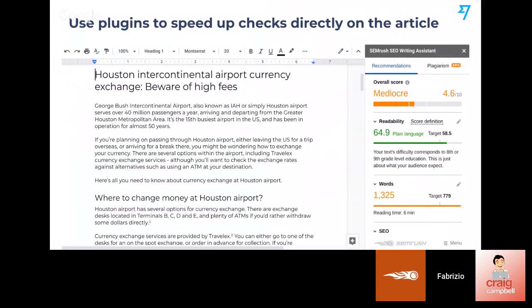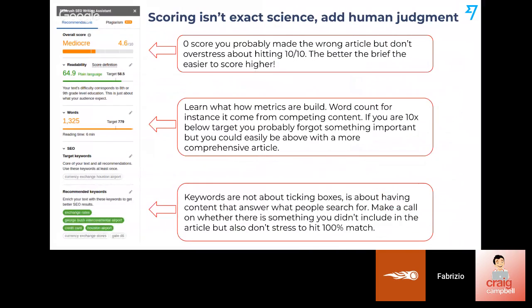Here I put an example of one of our articles using the scoring from the plugin. This article is about finding a currency exchange shop in an international airport. As you can see, once the article has been written in Google Docs by one of the writers, you immediately have a score as you go. Someone within the SEO team helps us go through the score and communicate with the writer. I think it's good to have people with a good understanding of what they're doing on top of using the metrics from the tool.